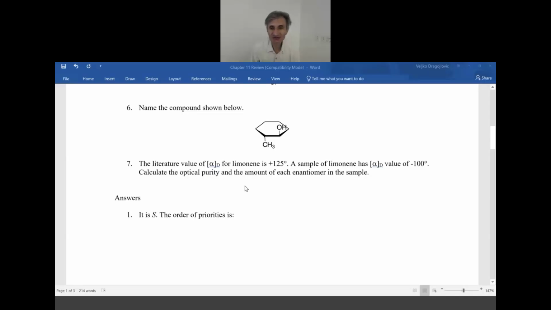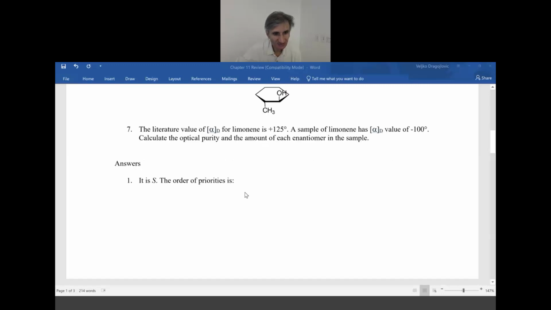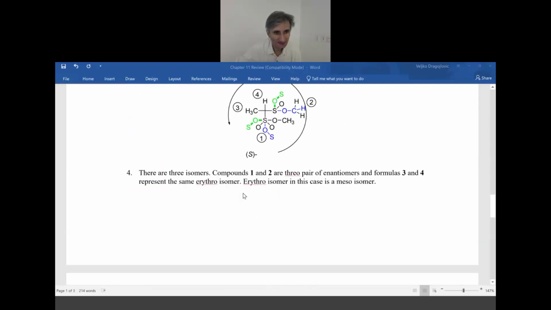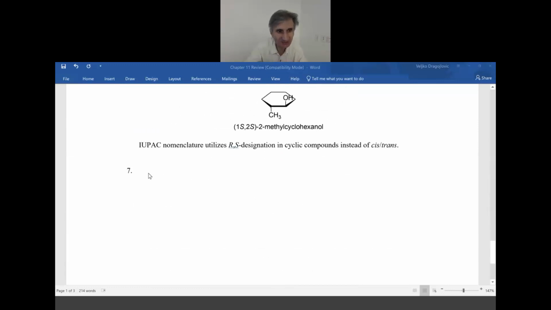The literature value of alpha D for limonene is plus 125. A sample of limonene has an alpha D value of minus 100 degrees. Calculate the optical purity and the amount of each enantiomer in the sample. I didn't have time to type up the answer, so maybe I can do it right now. So optical purity